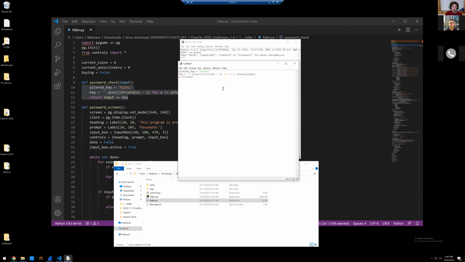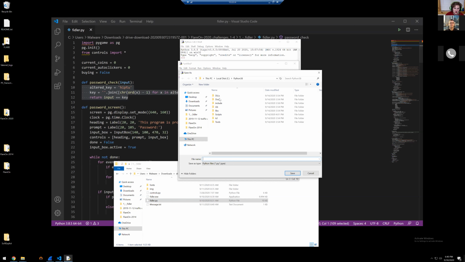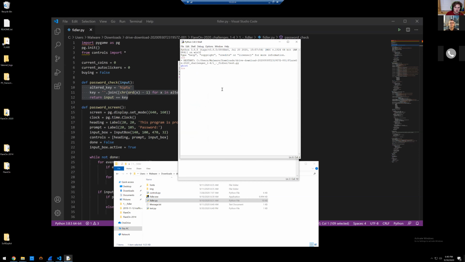And what this will do is it'll essentially just print out whatever the password is that you are comparing against. Because you're submitting a password, it's going to compare that input, and this is the key it's comparing to get past the password check, which is the first stage of the challenge. So what you'll do is you just go run. Oh, you have to save it first, and you can just kind of dump this into your fiddler folder. Just say like test.py, save,